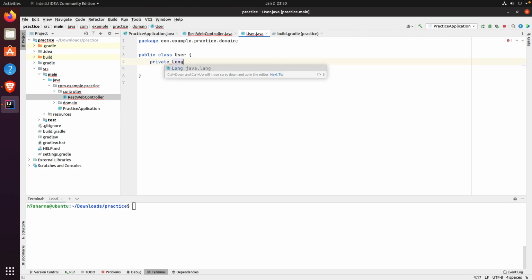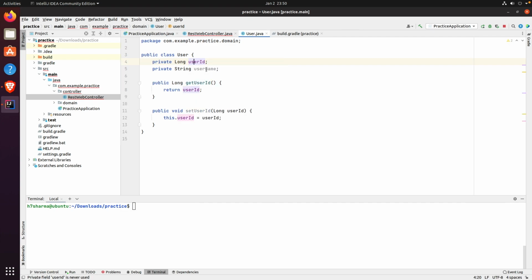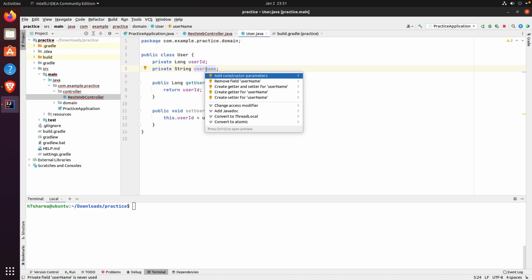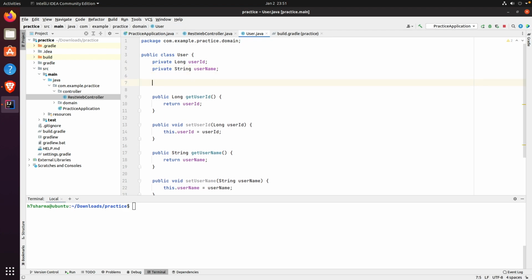So let's create user ID, and let's create another one username, and we are going to need their setter and getters. So for that, let's create getter setter for user ID, and let's create getter setter for username, and we also need a default constructor